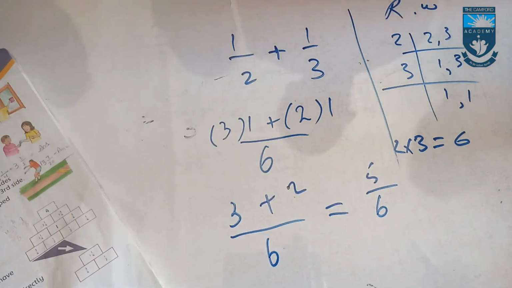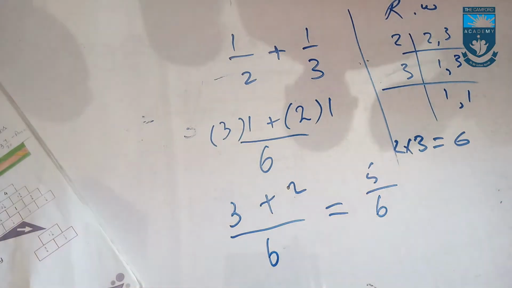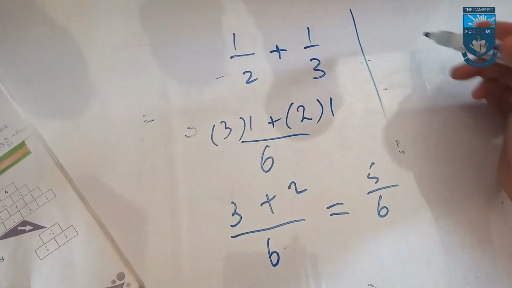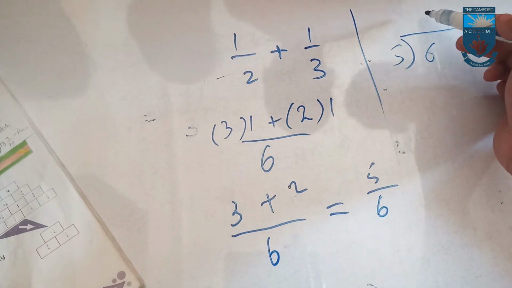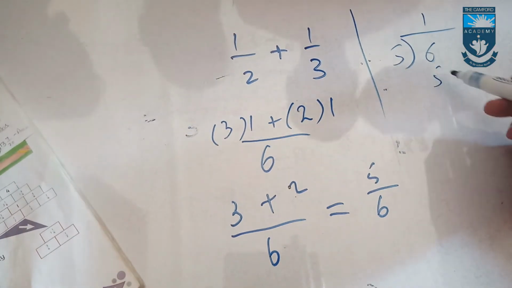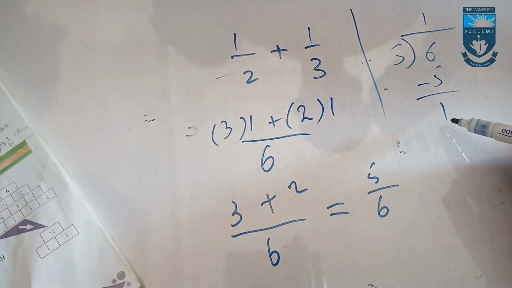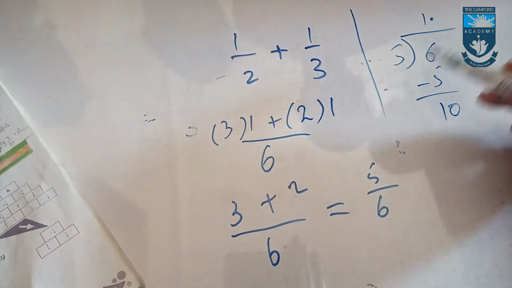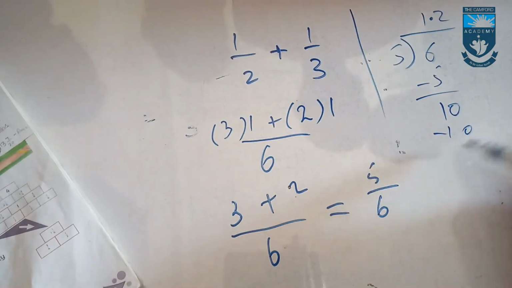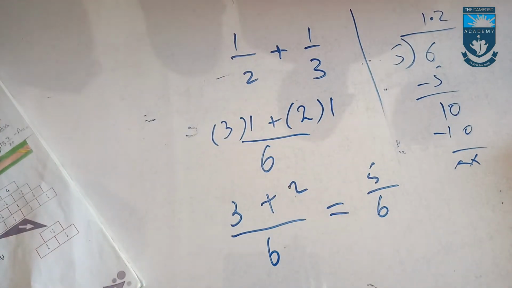Then from the 6th part, that if we divide the whole work in the 6 equal parts, the 5 parts is done. Okay, so if you want to get the answer in decimal, and in class 4 you have already learned, you have to divide it 5 by 6, 5 minus 1, and for after, if we want to divide the 1 we have to put point, and we can add 0 over here, and 5 2 times 10, and that is 1.2. Okay, so with this method you can do these word problems.